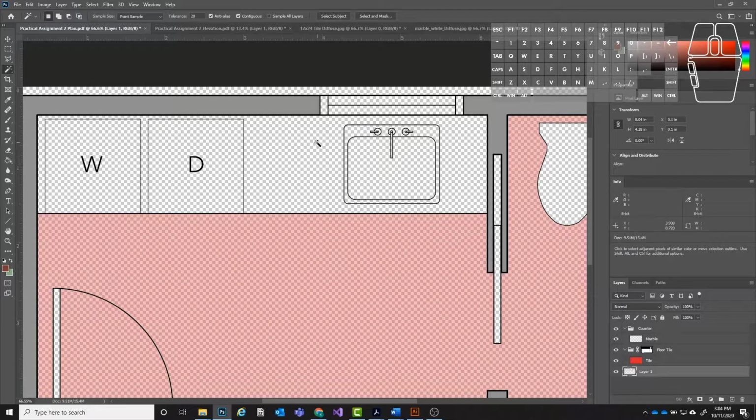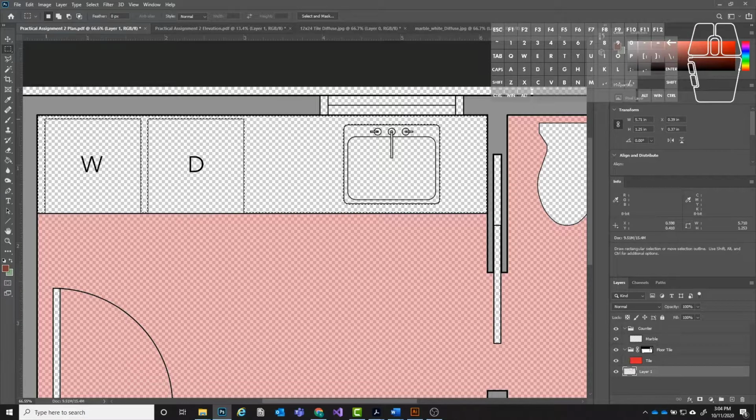All right, so for this one, I'm going to click once right here, and that is getting my counter, everything that I want, except it's not getting the washer and dryer. The washer and dryer are actually going to be included in this too, because they're technically underneath the counter. We'll still be able to see their lines through the counter, just to inform the person who's looking at the floor plan, hey, underneath the counter there's a washer and dryer. So all of the text and the lines will still be visible, but it needs to be added